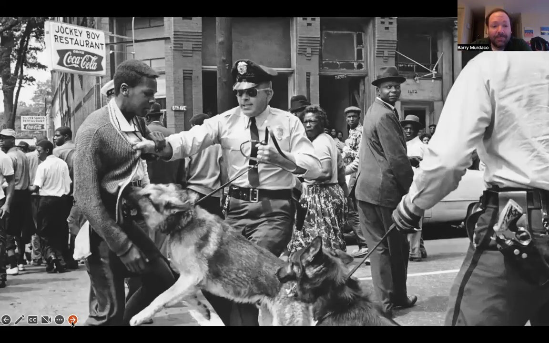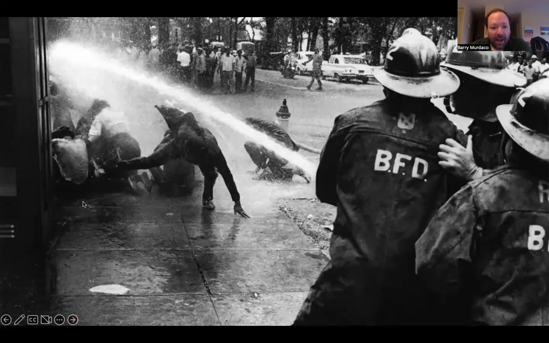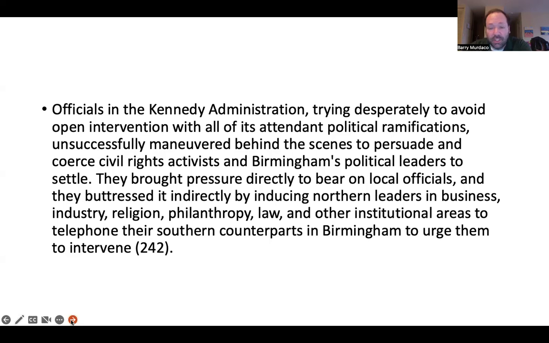And it surely did. As you can see here, there are many iconic photographs taken from this period of time. If you want to, you can certainly find video clips of this kind of stuff going on as well, although it is kind of hard to watch. This is what was going on: enormous violence being thrown in the face of protesters, who were basically just protesting against segregation.